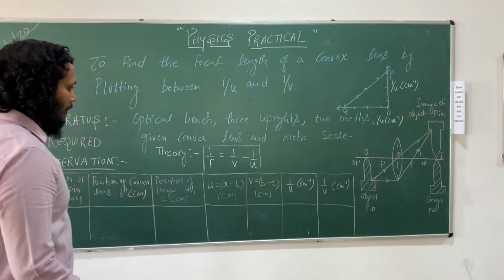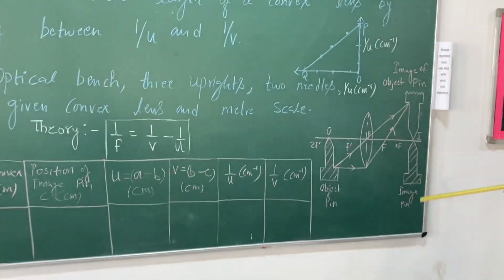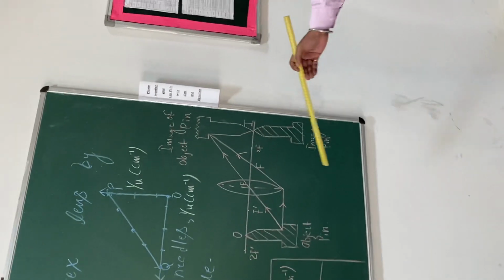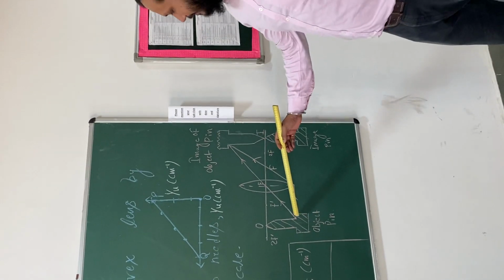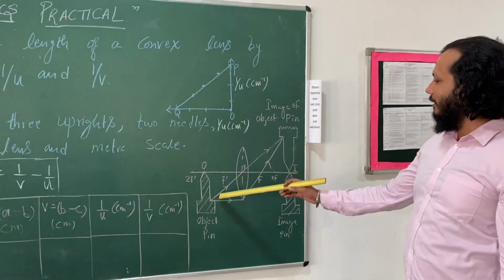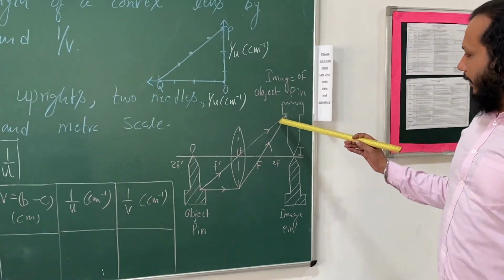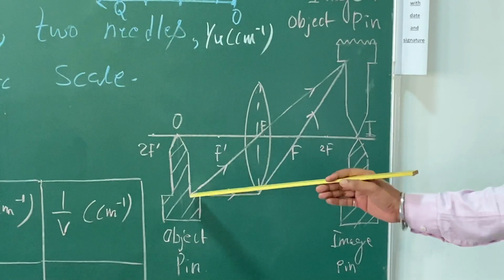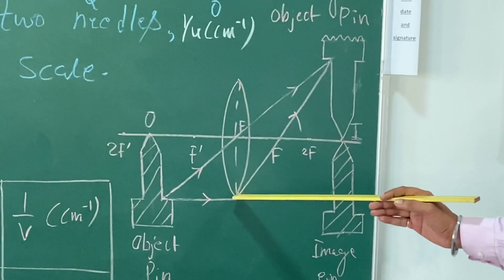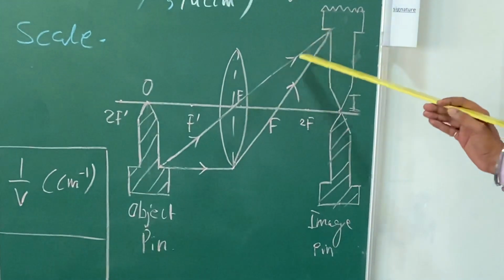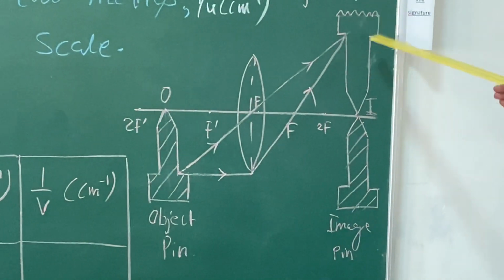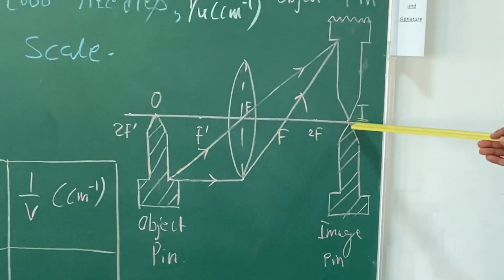Now, for the theory part, as we have learned the concept of ray diagram in the chapter ray optics, when an object is placed and a light ray is incident particularly through the focus, there is no deviation of the light ray. So the straight path we are going to show for the first ray which is incident from the object. Now the second ray, if a light ray passes parallel to the principal axis, that particular light ray will always pass through the focus. So the image will be formed. Here we have shown an object pin and this will be the image pin. So an inverted image of this object will be shown in this given diagram.